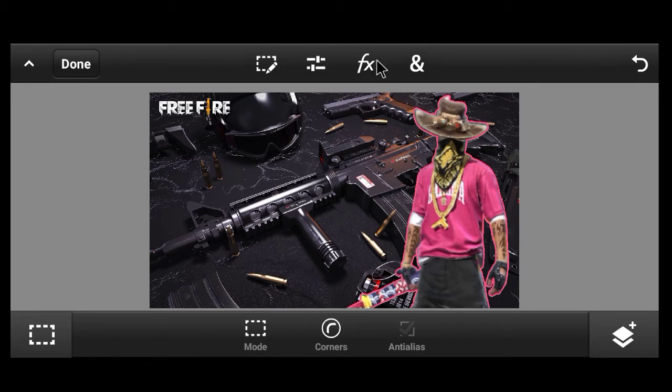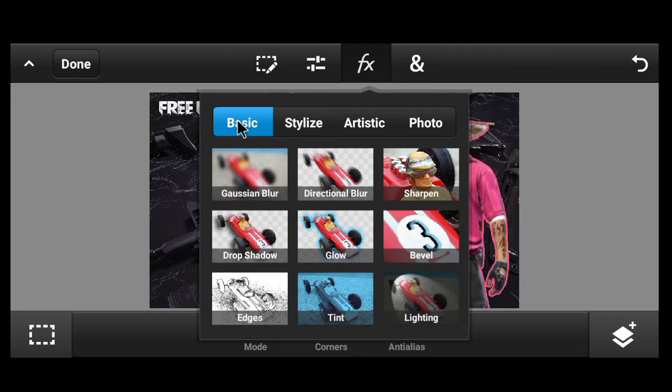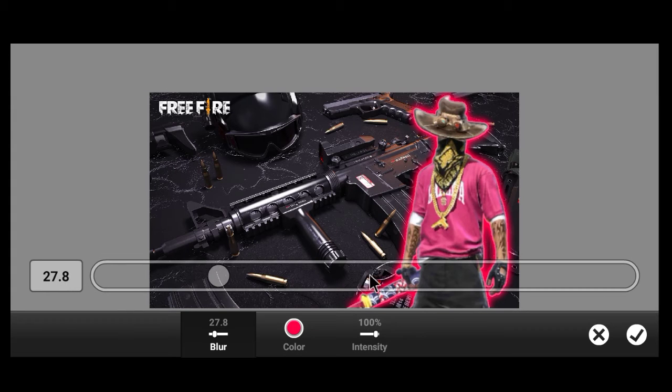Click on OK and go to effects option, basics option, and glow option.